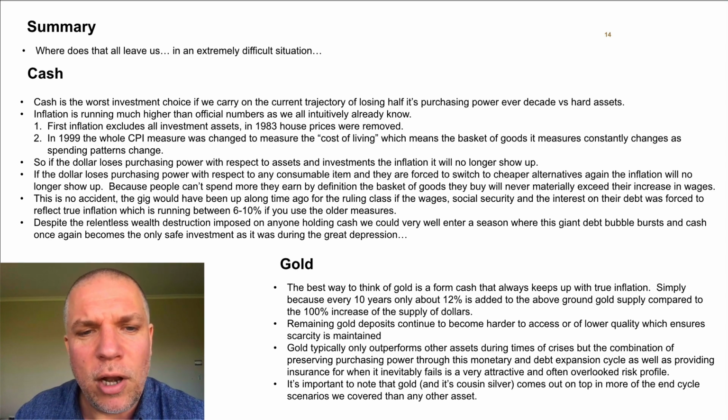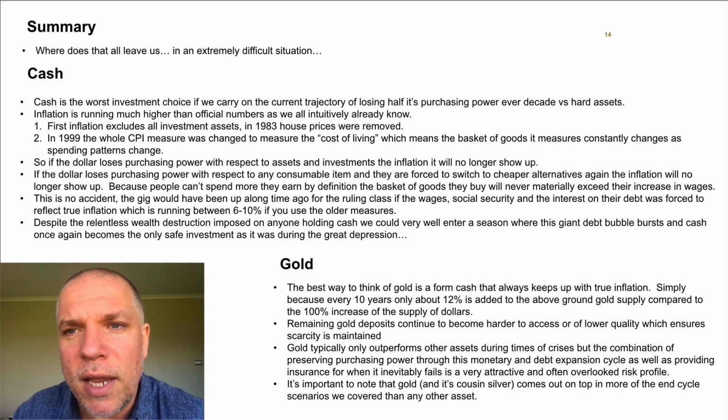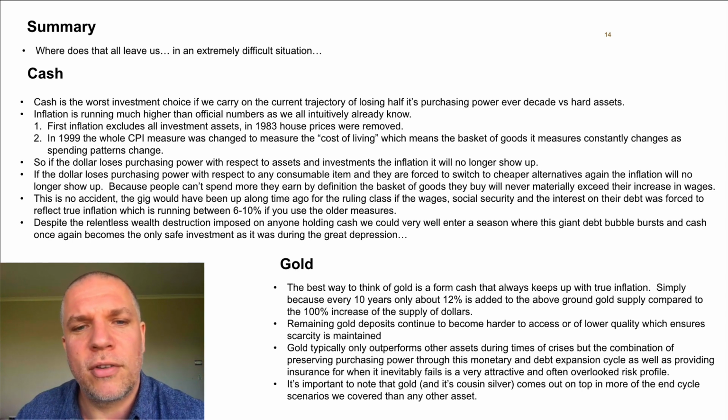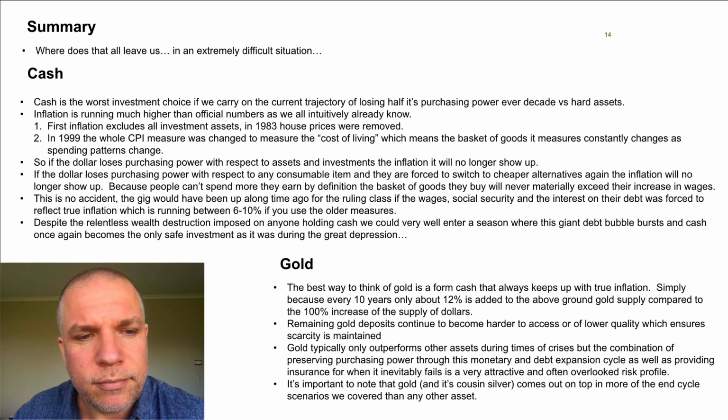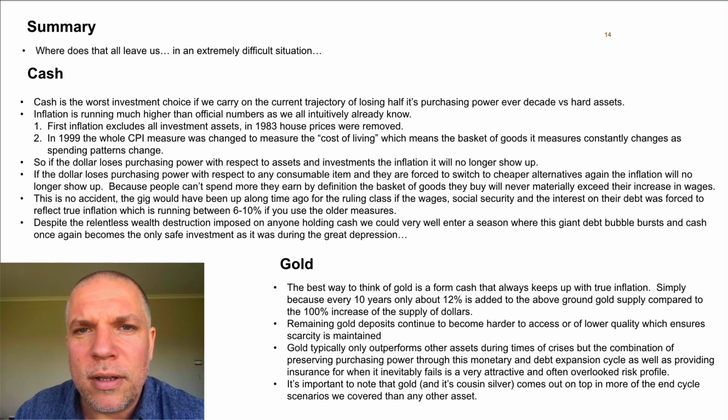So what does that mean? Well, if the dollar loses purchasing power with respect to assets or investments, that will no longer show up. If the ruling class are successful, as they have been, in acquiring more and more of the nation's wealth and pushing asset prices more and more out of reach of the wage earners, that will never show up in the inflation measures anymore. And even more concerning, now that the basket continuously changes to match spending patterns, even if people are losing purchasing power and getting poorer, if you think about it, the average person is spending all the income they're earning. A little bit of savings backwards and forwards aside,